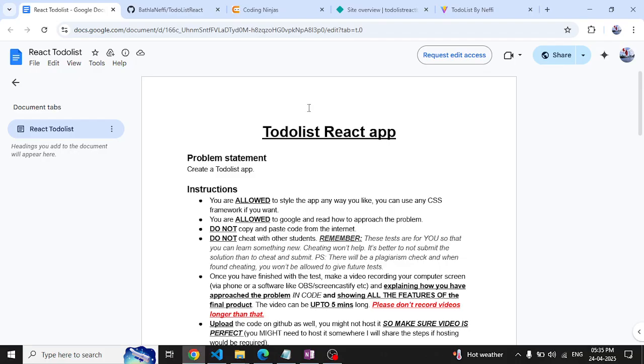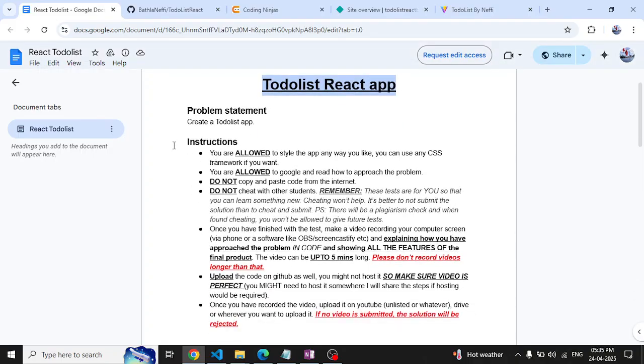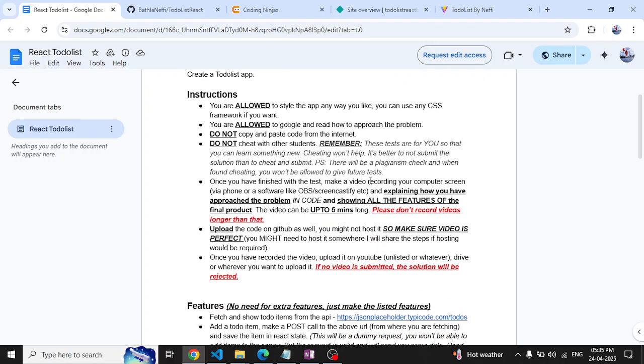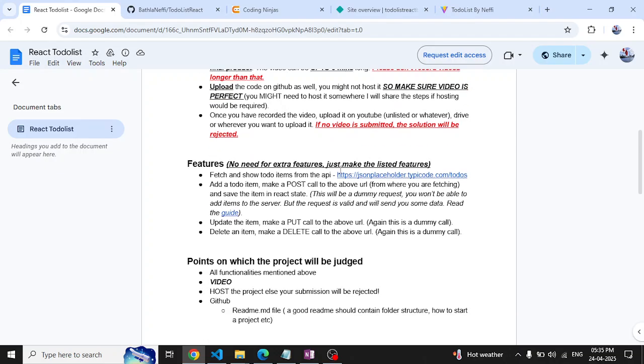So I am going to present my skill test, that is to do a React application. The problem statement says what we are allowed to do and what we are not allowed to do. All of this is basically a simple to-do list. The only feature that is different from the normal is that we need to fetch the to-do list from this particular API, and we need to use the post, put, and delete